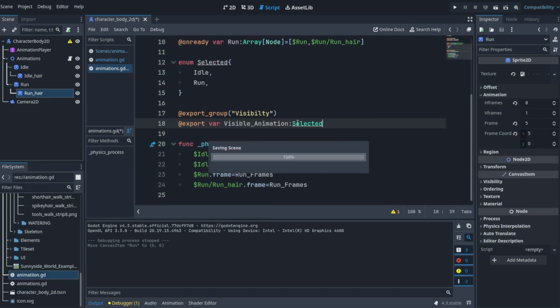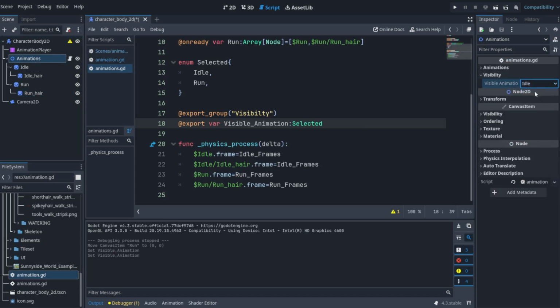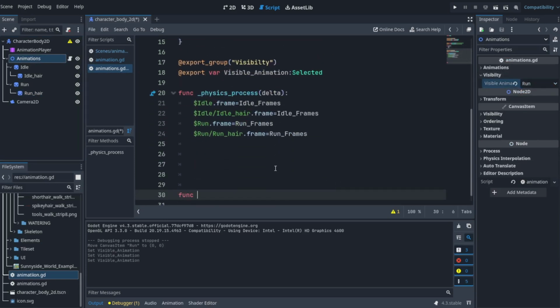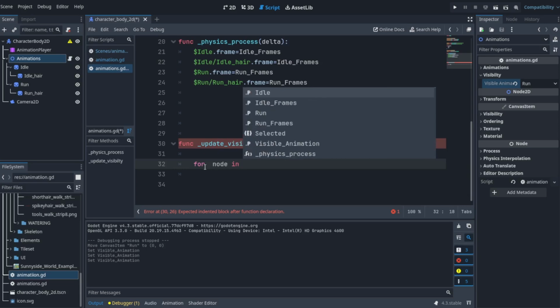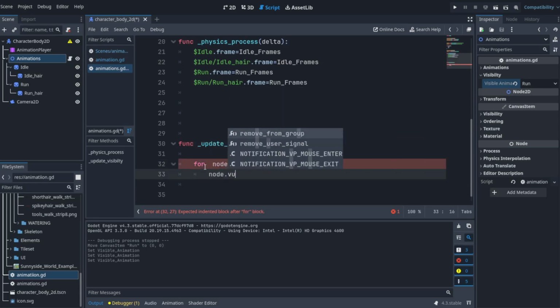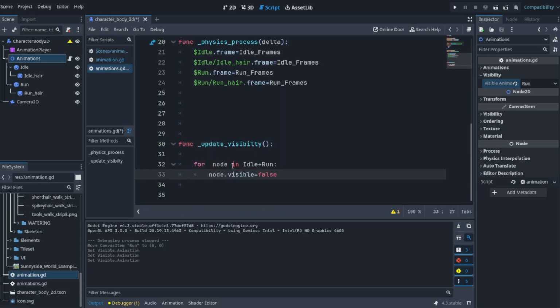So I'm going to make an export variable of the type enumeral. It's possible you can create an enumeral and then create an export variable based on that. I will link a video which explains the properties of export here. Then I'm going to create a for loop, and I'm going to use node here, and in what I'm going